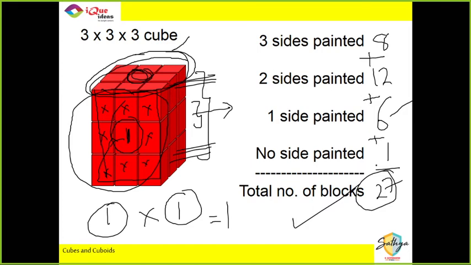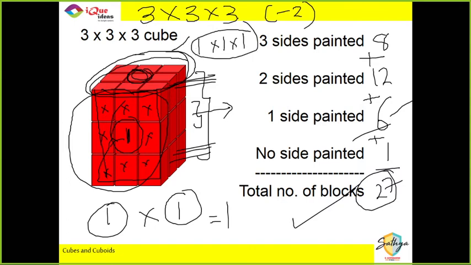Okay. Now, if somebody is having trouble understanding zero sides, here is another trick. If the size originally is 3 by 3 by 3, the easiest way to get zero sides painted is to subtract 2 from all the numbers. 3 minus 2 is 1, 3 minus 2 is 1, 3 minus 2 is 1. 1 ones are 1, zero sides painted. That's it. Straightforward shortcut. You don't need to remember anything or even a diagram. From the original size, subtract 2 from everything and multiply them. That is your answer for zero sides painted.